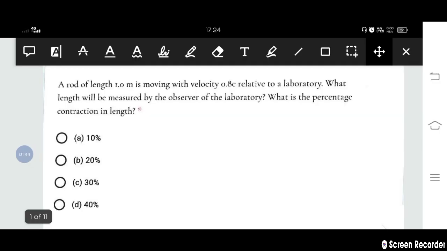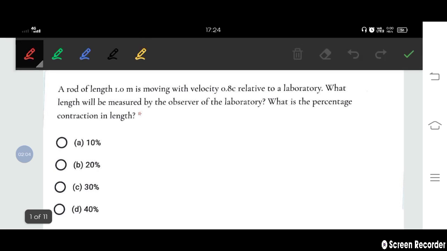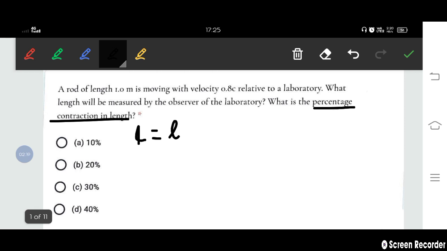So here our first question is, a rod of length 1.0 meter is moving with velocity 0.8 c relative to a laboratory. What length will be measured by the observer of the laboratory? What is the percentage contraction in the length? So here our main perspective is to find the percentage contraction in the length. So first of all we have to find the length measured by the observer in the laboratory. So this length is given as L equals to L0